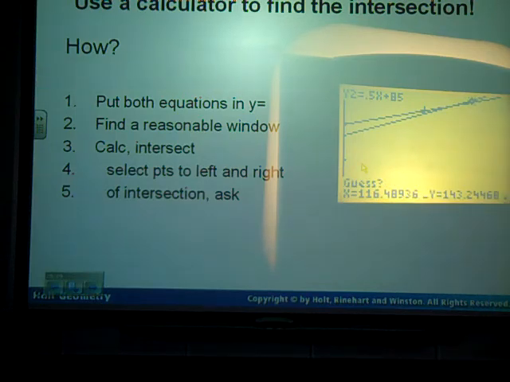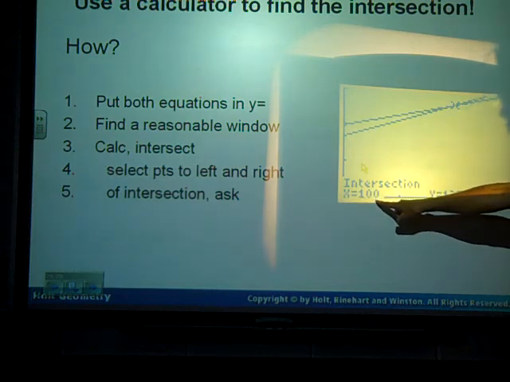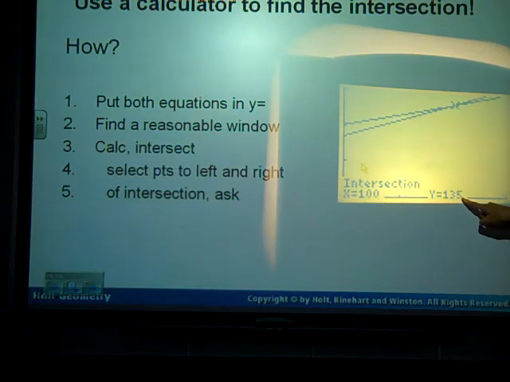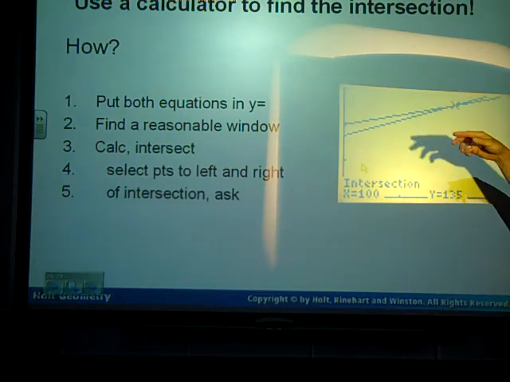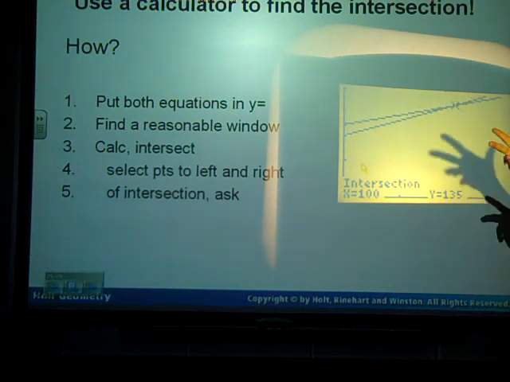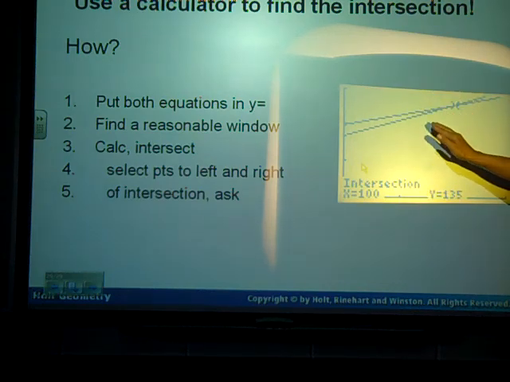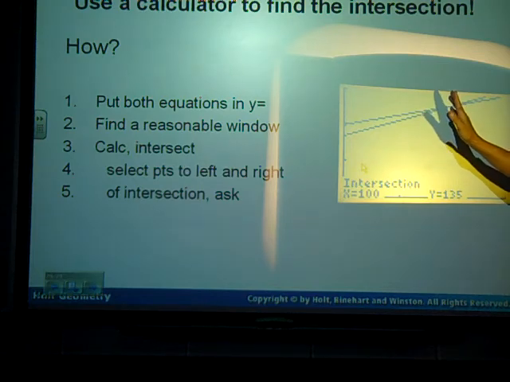And then it says, should I guess? Please do. And it says, if she drives 100 miles, it costs $135. So that's a quick and easy way to solve a system of equations. If you've got slope-intercept form, point-slope form, put them in that y= menu, find a reasonable window, and